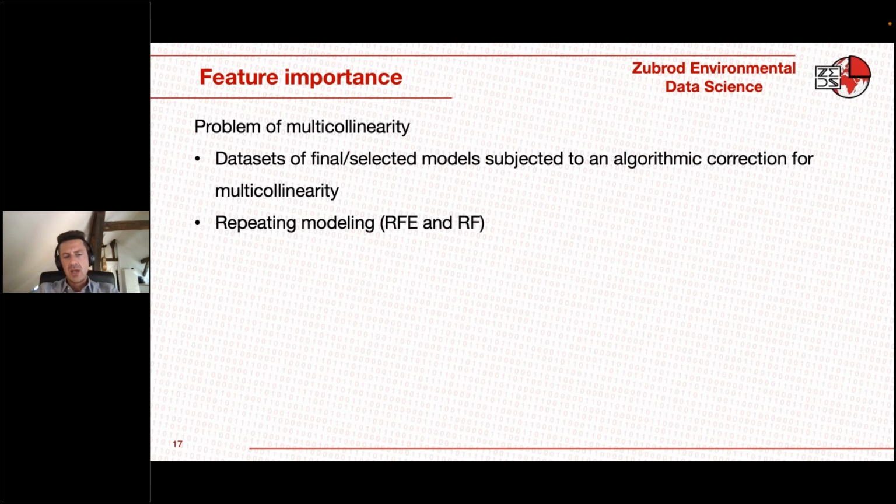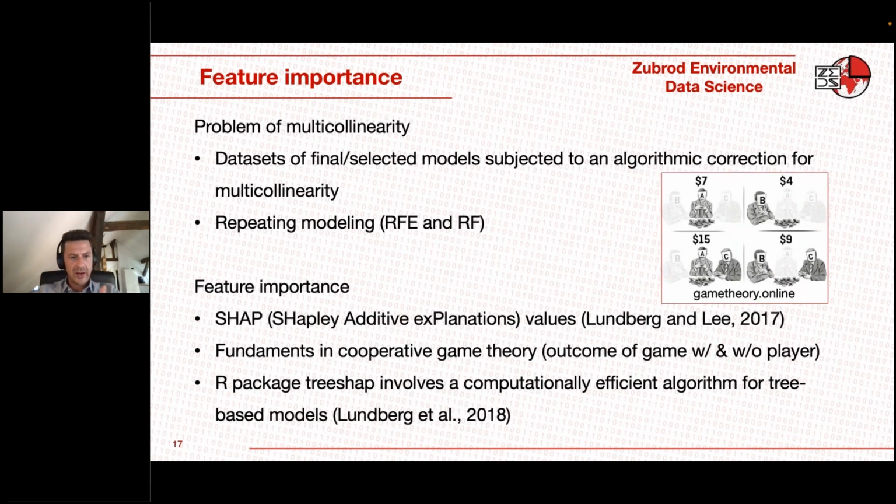multicollinearity to do so. And so we subjected our data sets for the final or selected models to an algorithmic correction for multicollinearity, and then repeated our modeling, so both the recursive feature extraction step and the random forest step. And then we had these corrected data sets or corrected models on which we